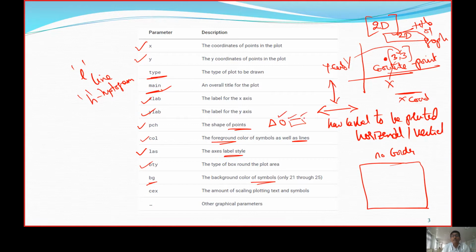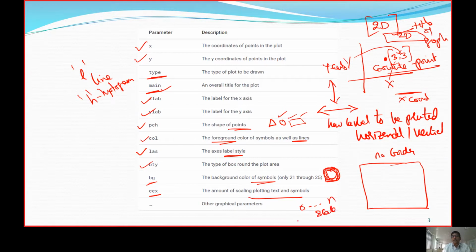When we are using symbols, the exterior point should be dark and the interior point should be dull, and we can give a single color, etc. Then comes cex, the amount of scaling: what is the minimum value and what is the maximum value.